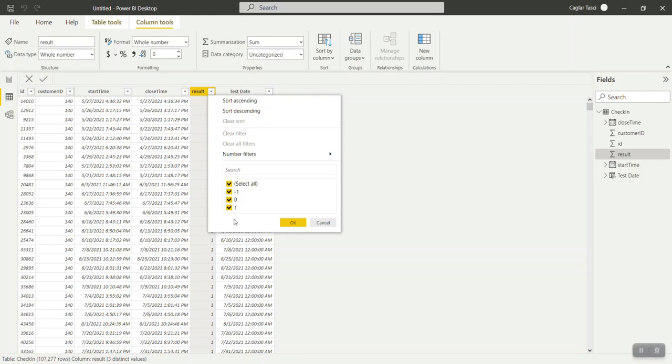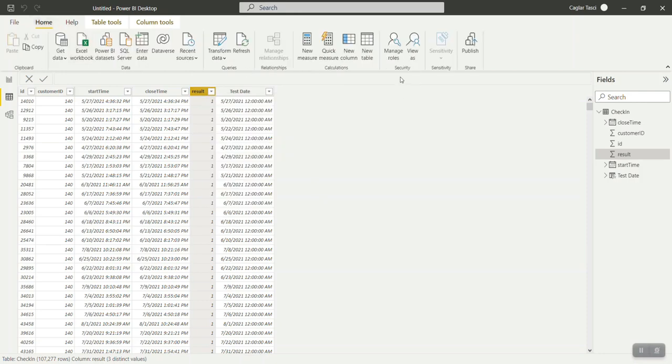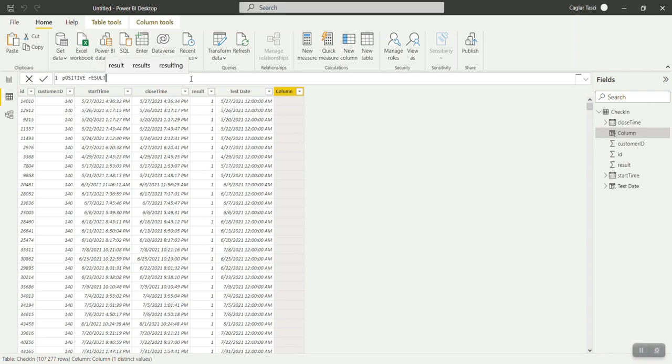So what I will do is create another column called positive results. I will quickly do that through the new column, and I will name it positive results, and I will use an if condition where I check if the result column value is 0, then it should give me 1 in this new column, and else it should give me 0.